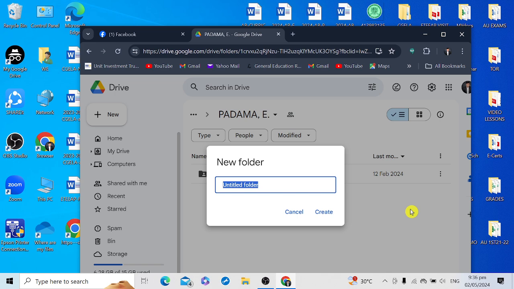So the first thing that we will be including in the file name of the folder will be the school year. Okay, so school year will be represented by SY 23-24, which is our sample. Okay, school year 23-24.